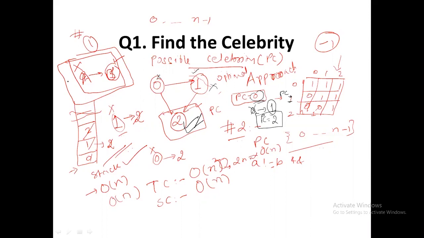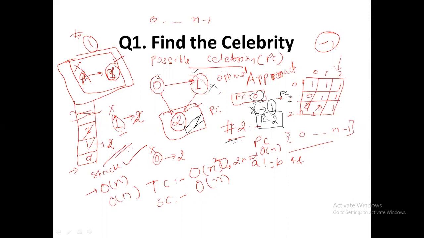Now, we have to optimize our first condition only. The second condition will be as it is. So for the first condition, we have not used any stack. We have just used O(1) space to determine our possible celebrity. After determining our possible celebrity, we check whether this possible celebrity is known by